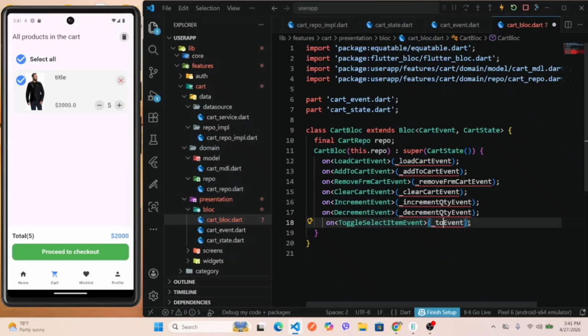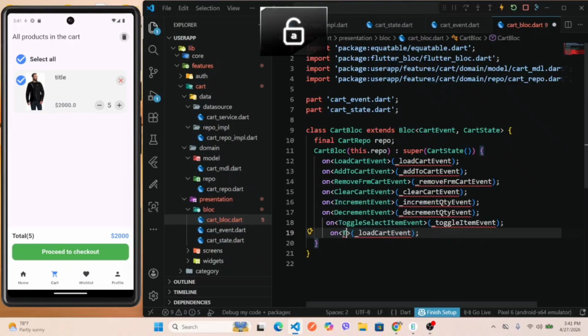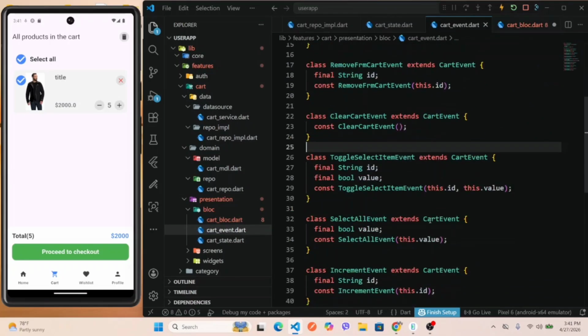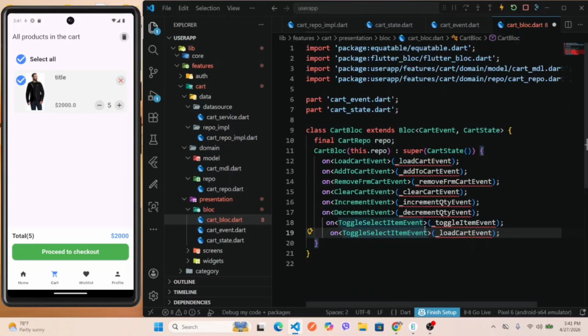Set toggle item event, and at last we have another one, toggle selection select all event. Select all event, and change to select all event. Okay, and